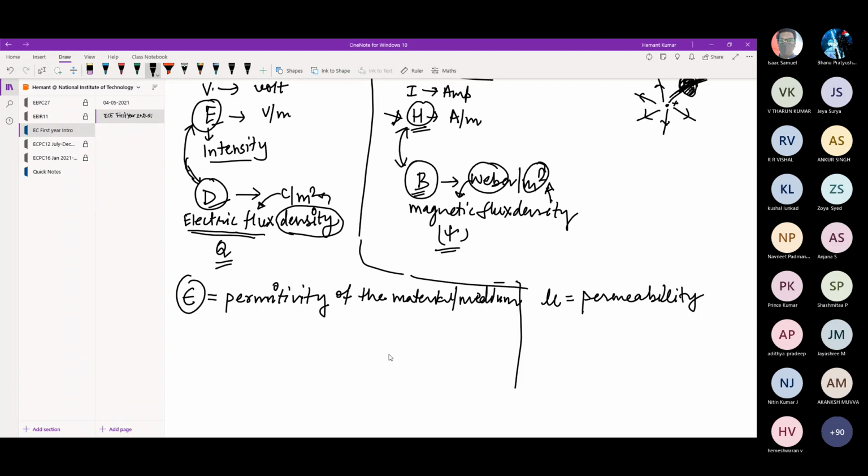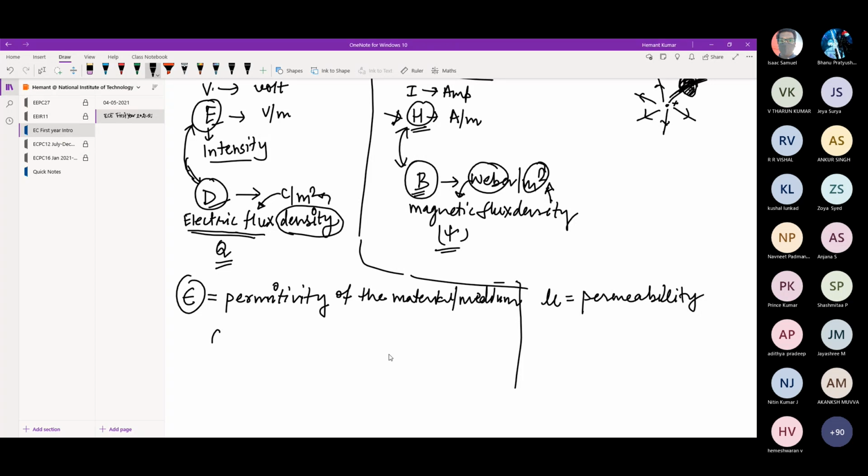Okay, so what is the actual permittivity? Permittivity is nothing but the ability to hold or permit or allow the electric field in that particular medium. Okay, in a particular medium. Similarly, permeability is the ability to allow or hold, or you can say permit, the magnetic field in that medium. Okay, so